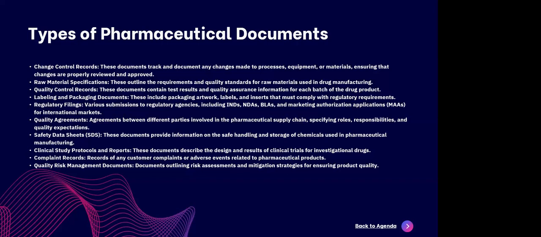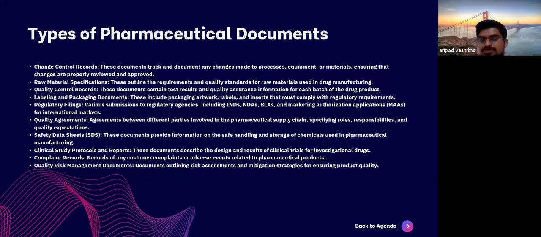Okay, quality control records. Yes, there is a quality department, of which one is quality control and another one is quality assurance. Yeah, all these results which come out of a test are documented in place. So that is commonly termed as quality control records. Labeling and packaging documents. Yeah, so what does that mean? It is particularly each again a document itself. Yes, it may include your